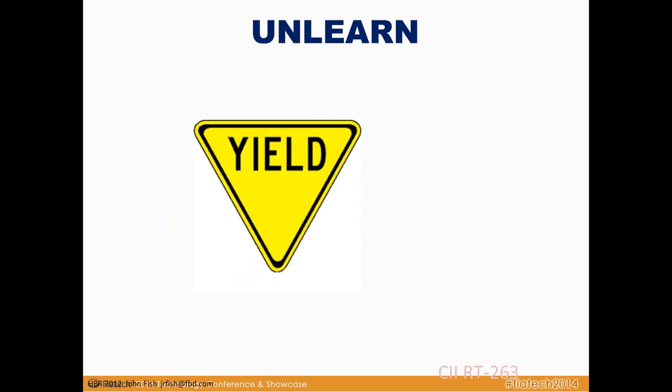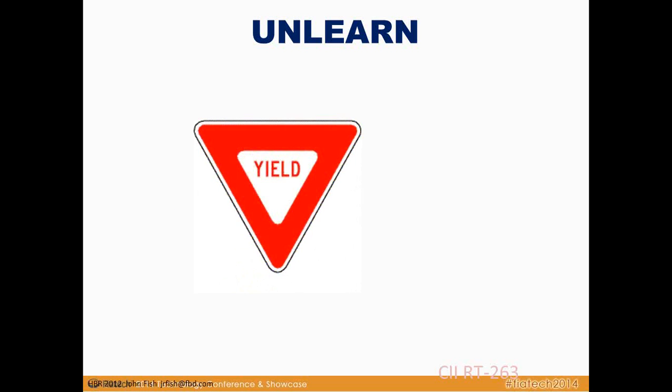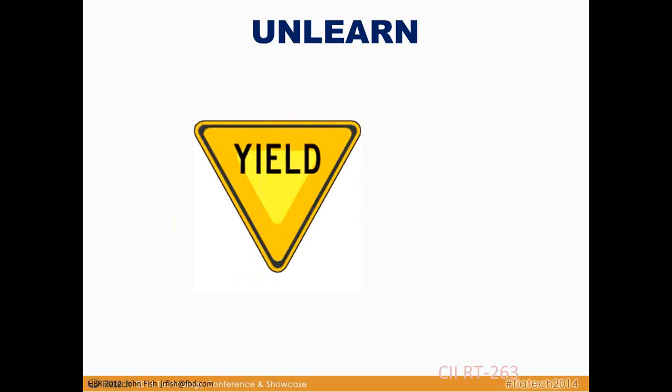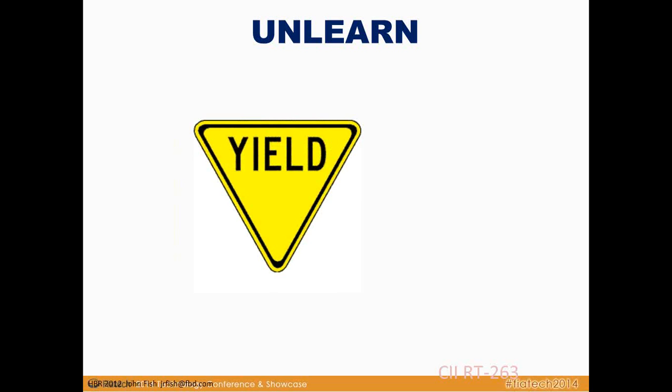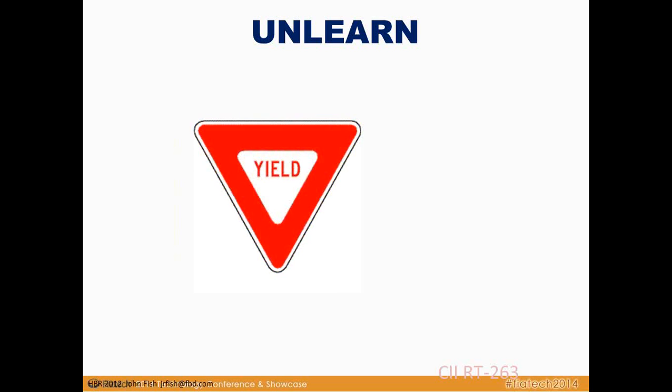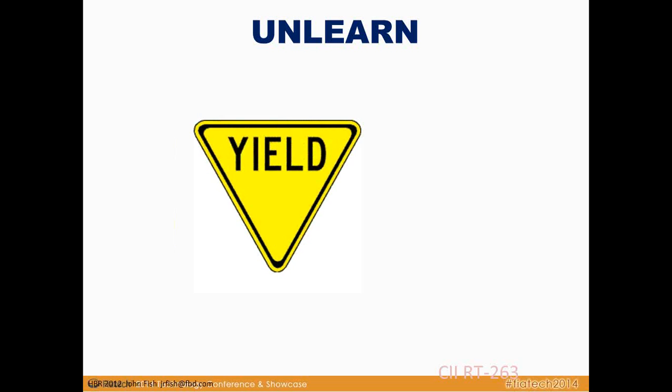By the way, what I learned when I went to school, the guy asked recently in the seminar, what color is the yield sign? Well, the yield sign is yellow, and hit the slide. In 1971, the yield sign was changed from yellow to red. But my generation learned that yield signs are yellow. And the issue is once your mind learns something, that's it. It's learned. So you really got to go back and unlearn to recognize that the yield sign is red. And that's a very difficult thing to do.